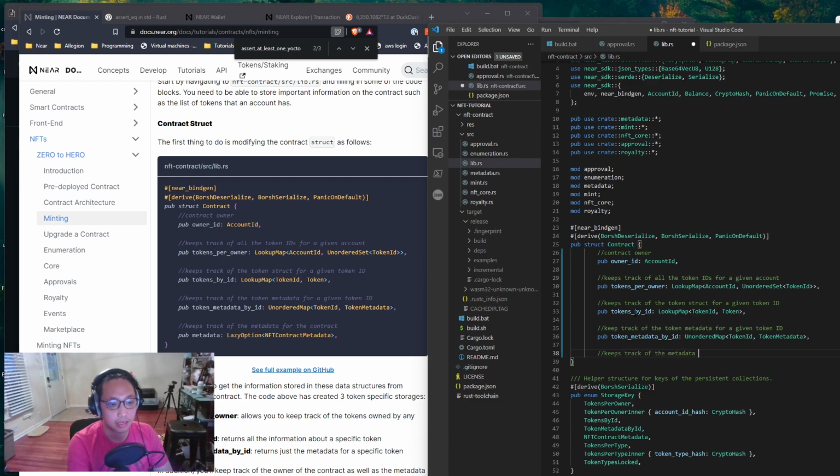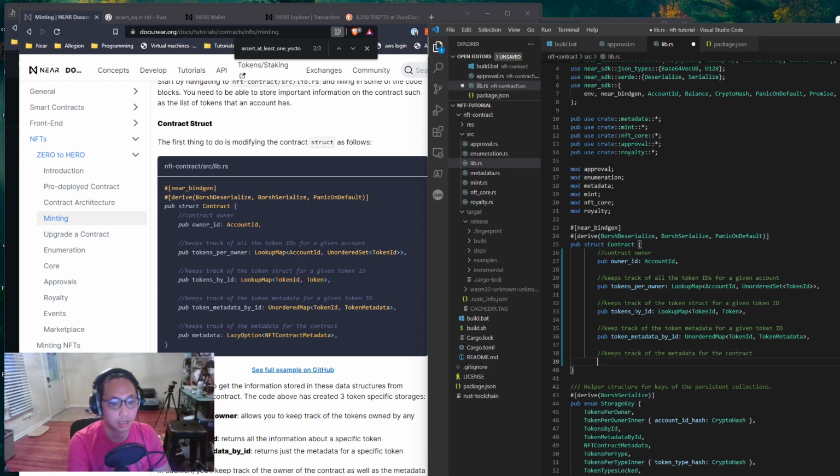The metadata for the contract. Okay. And the reason I'm not copy pasting this is because I want to know what this struct is pretty well. So I wonder what lazy option is. So yeah, helper struct for keys of the persistent collection. Okay,